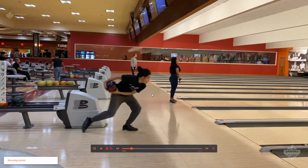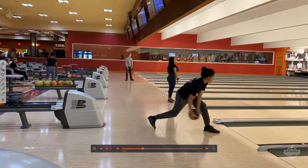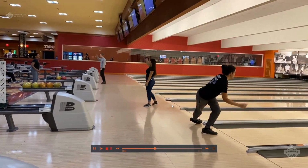And today we're going to be taking a look at how to create a better power step in the two-handed game. Let's jump in. Alrighty, today we're looking at Jesse's game, and Jesse is a new bowler, or at least